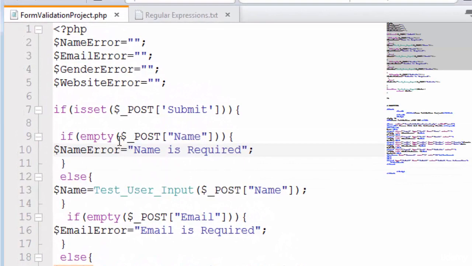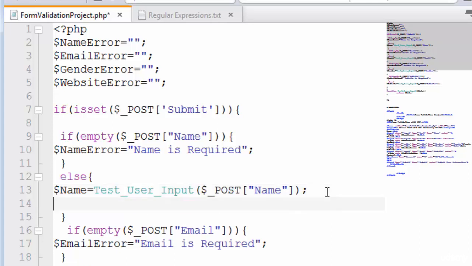So I'm going to say if my name is empty, then you should show the user name error, name is required, and else you have to grab the data from the user, and you also have to check whether the user is entering the correct form of name or the wrong one. So in the else structure, we are going to add our regular expression by using if conditions. So I'm going to say if, and for checking an exact match using regular expressions, we have the function preg_match,